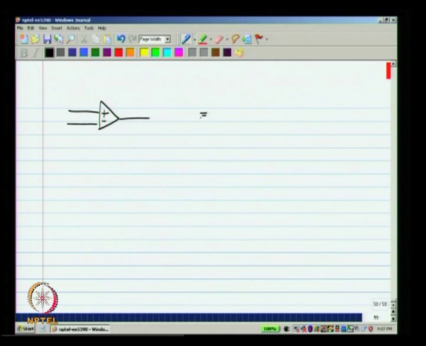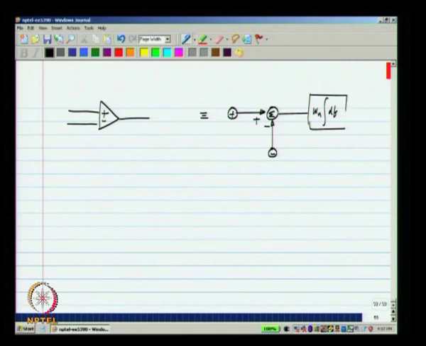This op amp is supposed to be something that takes the difference between two values and integrates it with a certain multiplying factor omega u, which is the unity gain frequency of the op amp. Now, in reality there will be an error that is added, which I will call VOS,